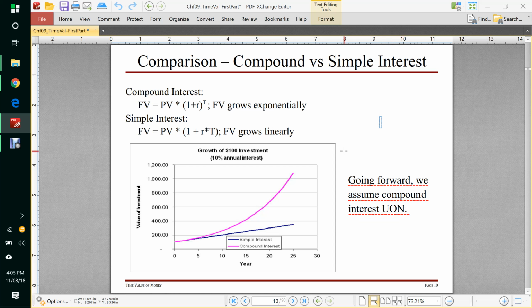And the second reason I'm going to skip over the formula generation for simple interest is if you look at this graph, where we have time on the x-axis and what your initial pile of $100 would grow to over time on the y-axis, you can see that with compound interest we're growing exponentially, and with simple interest we're just growing linearly. So this is more interesting, and it's what's much more commonly used, so that's what we're going to